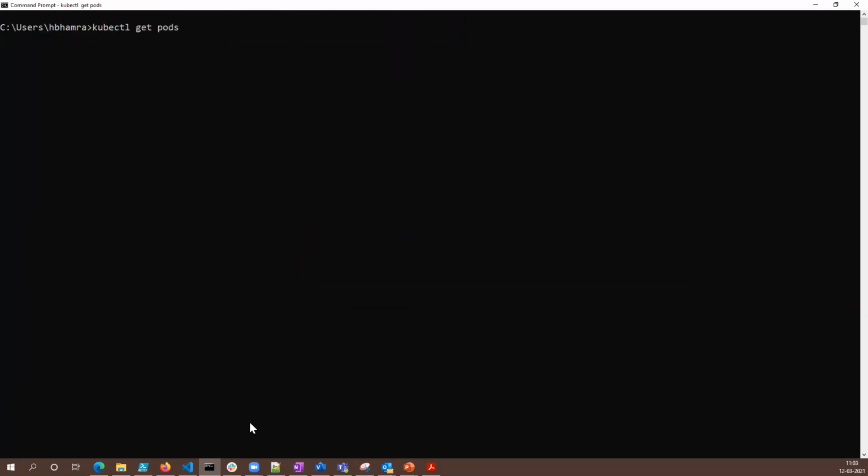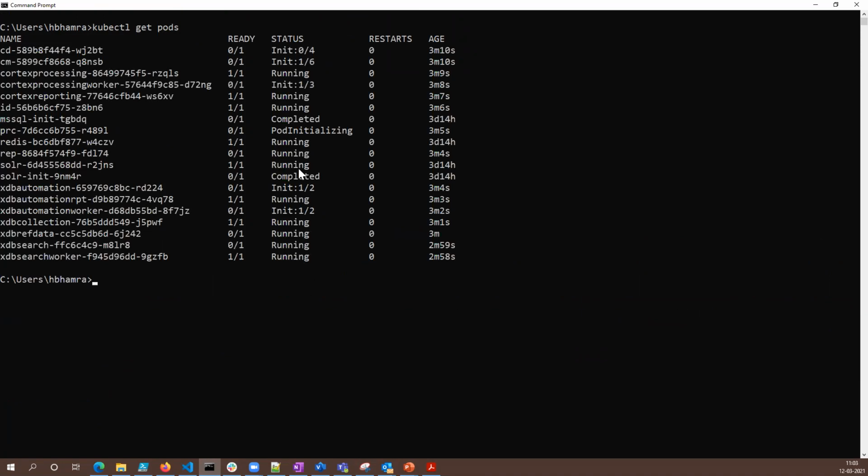Let's keep checking the status of our pods. It's all coming up slowly and gradually. In some of the cases, the pod is up and the container is still waiting, so we'll need some time here. Imagine if I had started doing it for the Azure SQL, it would have taken a lot of time and the demo would have gone beyond an hour. So to save some time, I wanted to set the stage in the backend by ensuring some of the resources were already created. So we'll have to wait.